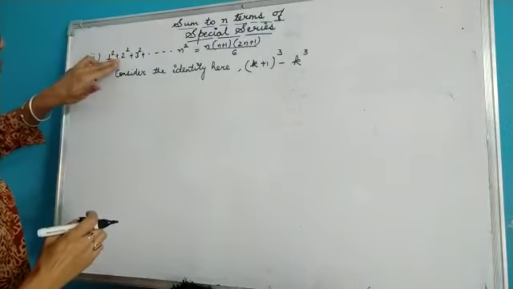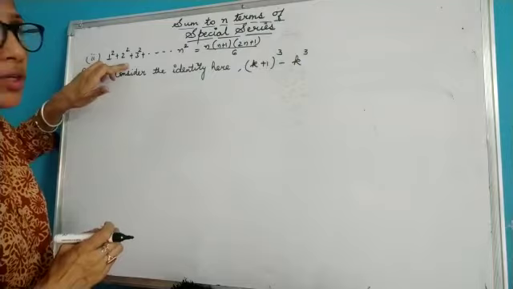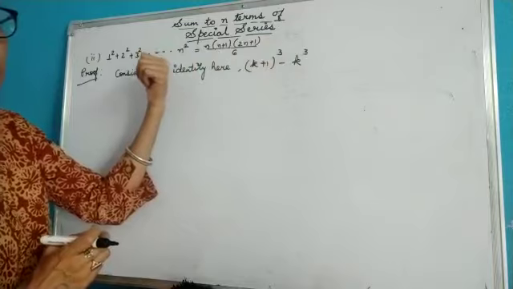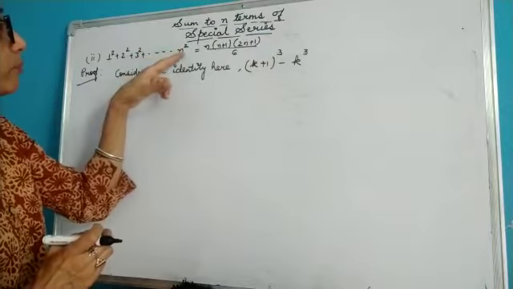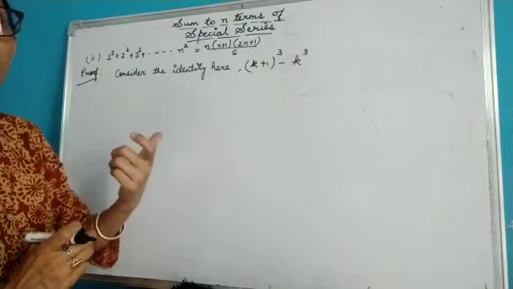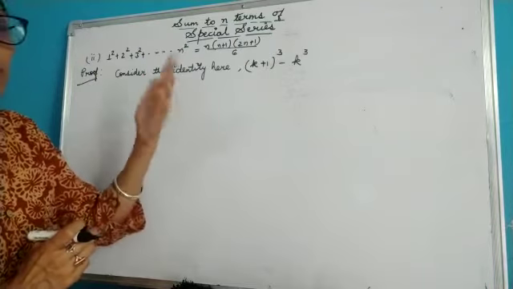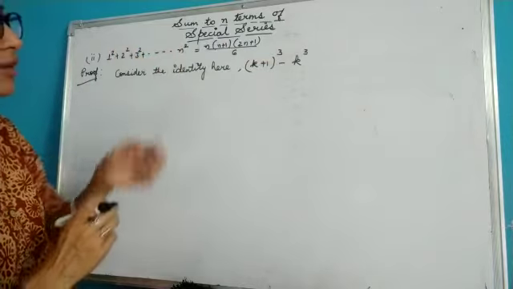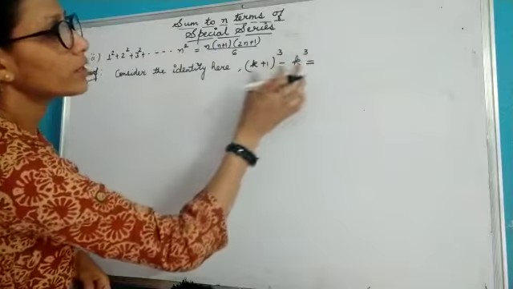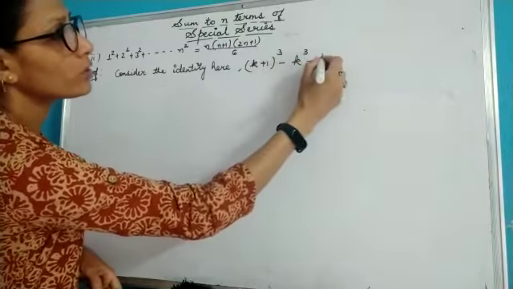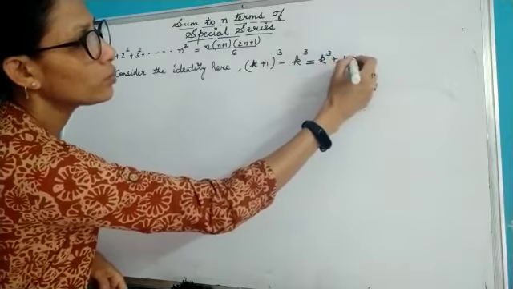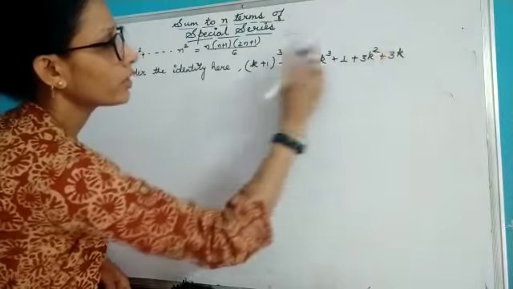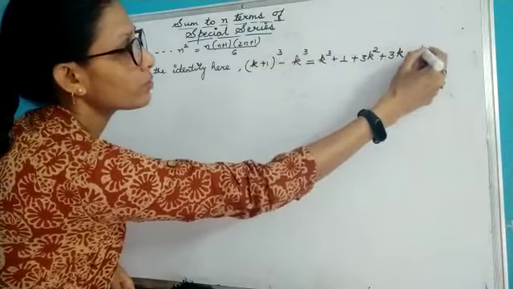Children, whenever we are proving it for the sum of squares of natural numbers, we will take the cube here. That means the power I am taking is one more than what we have here. And if we are proving it for the sum of cubes of n natural numbers, then we will take the power as 4. So we take the power 1 greater than the sum which we are finding. Now let's open it by the a plus b whole cube formula. So this will be a cube plus b cube plus 3a square b plus 3ab square. So this is the expansion of this, and this is minus k cube.